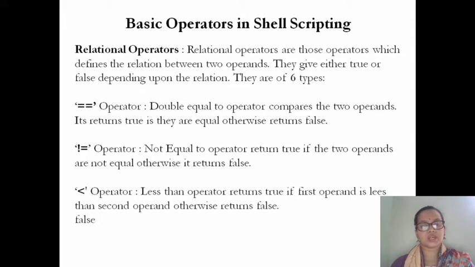After arithmetic, we will move on to the relational operators. These are operators which define the relation between two operands, and they give either true or false depending upon the relation. There are 6 types. The double equals compares the two operands and returns true if they are equal, otherwise false. The not equal to operator returns true if the two operands are not equal,